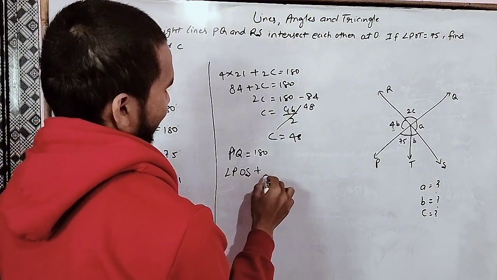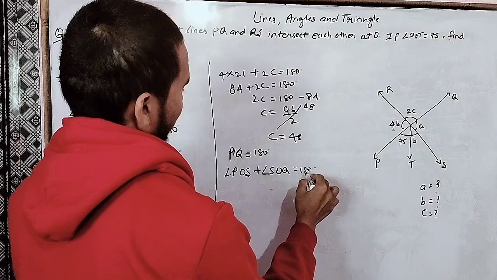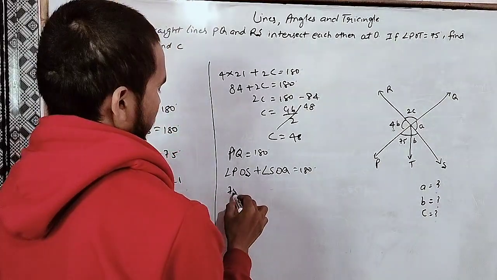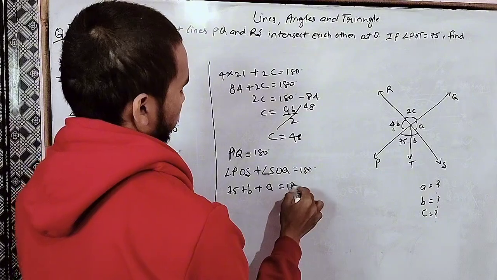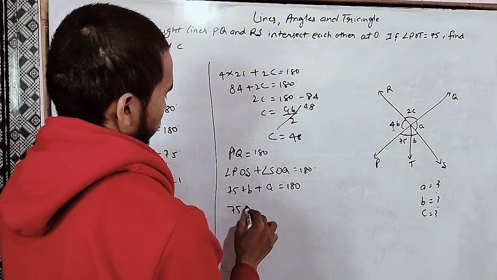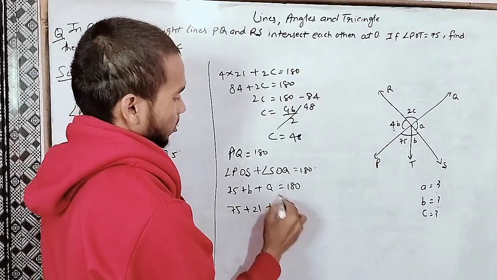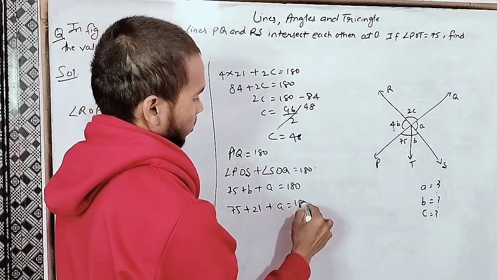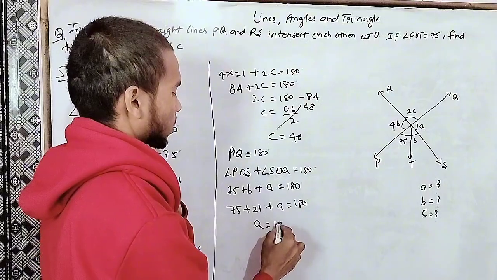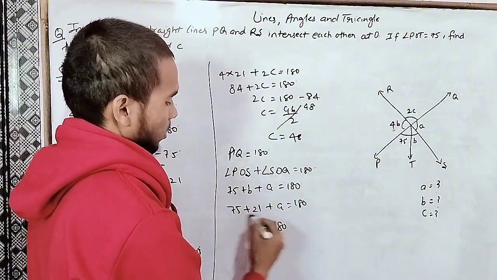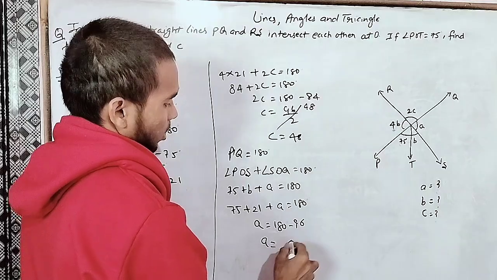PO is a line, then angle SOQ is 180 degrees. Value of this is 20, then SOQ is 180, 175. Value of B we have how much? 21. Value of A we don't know, so it will be as it is. So can we write 180 subtract